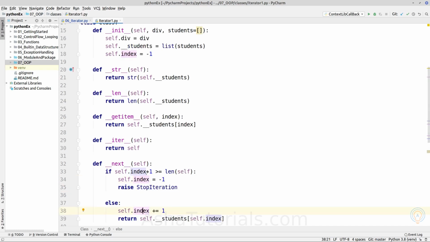When the index value reaches the length of the collection, it resets the index number and raises StopIteration, which will stop the for each loop.